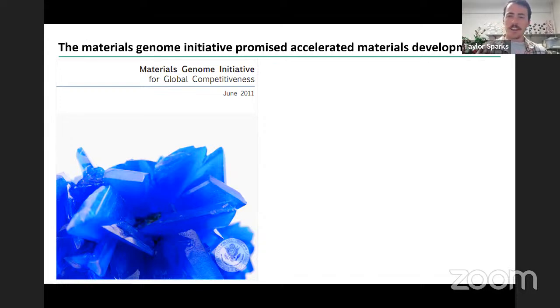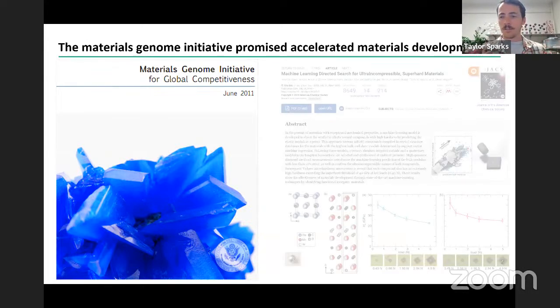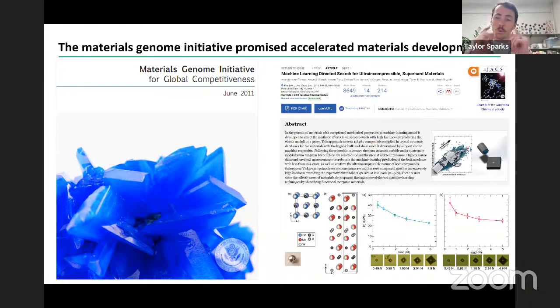They were essentially saying that if you leverage computational material science, including data-driven material science, then we can actually discover materials a heck of a lot faster. And there's been lots of examples, now 13 years on, where that has proven to be true. I'm going to show you one right here, some from our own research.